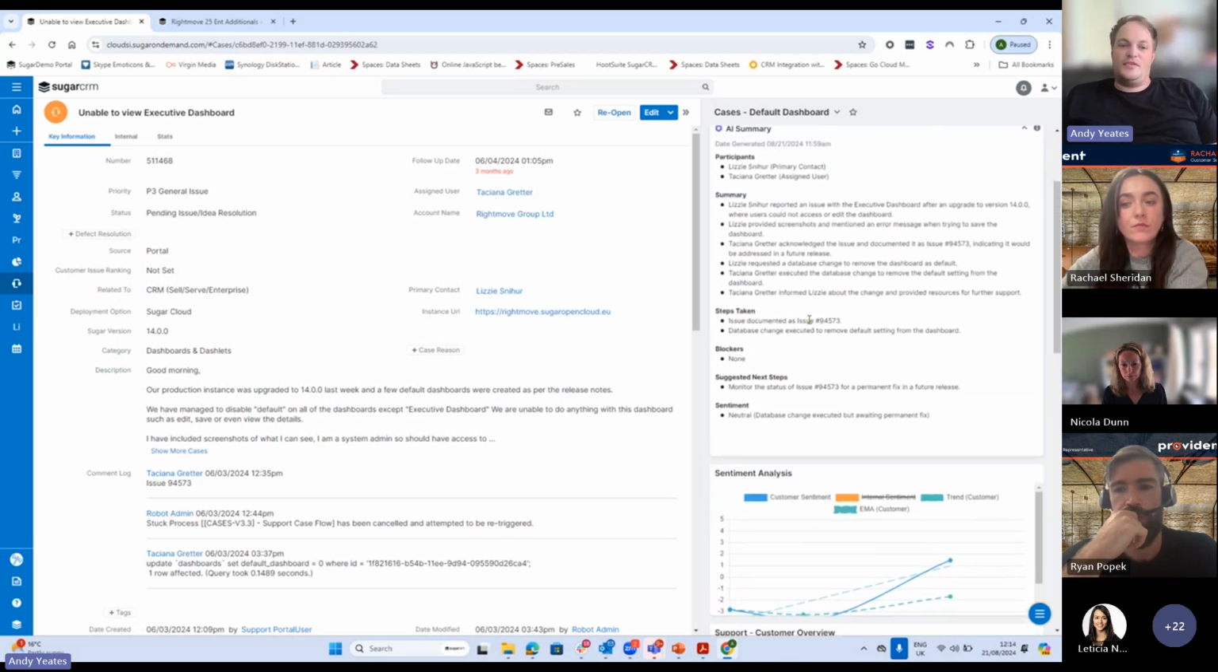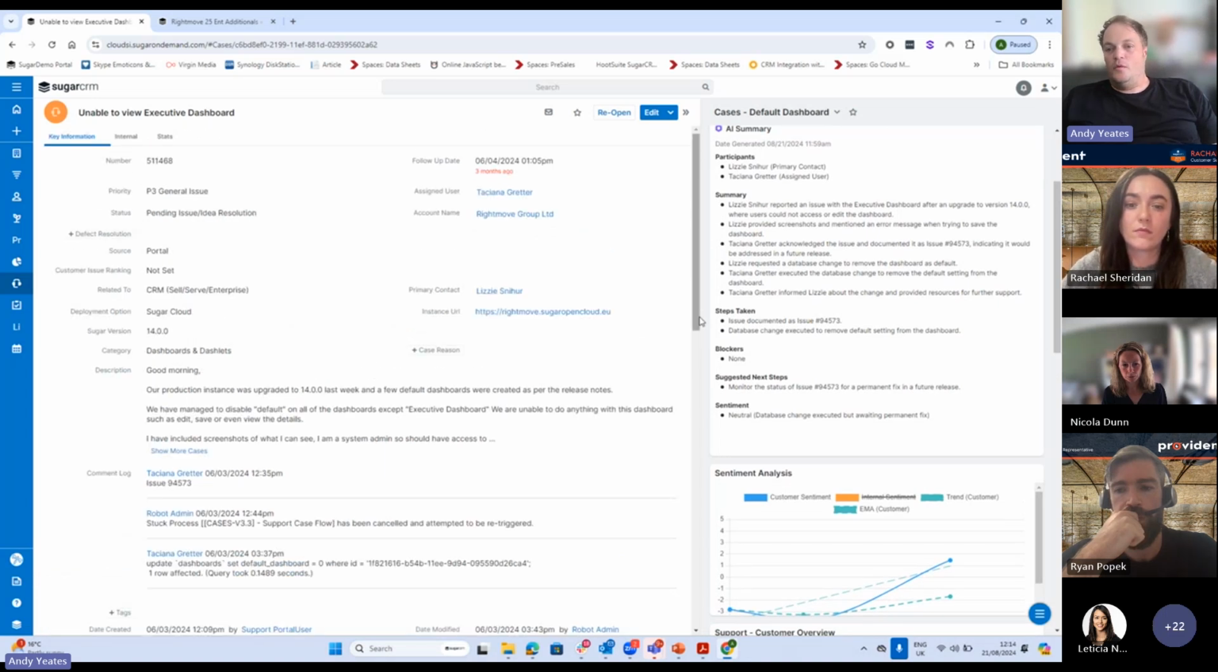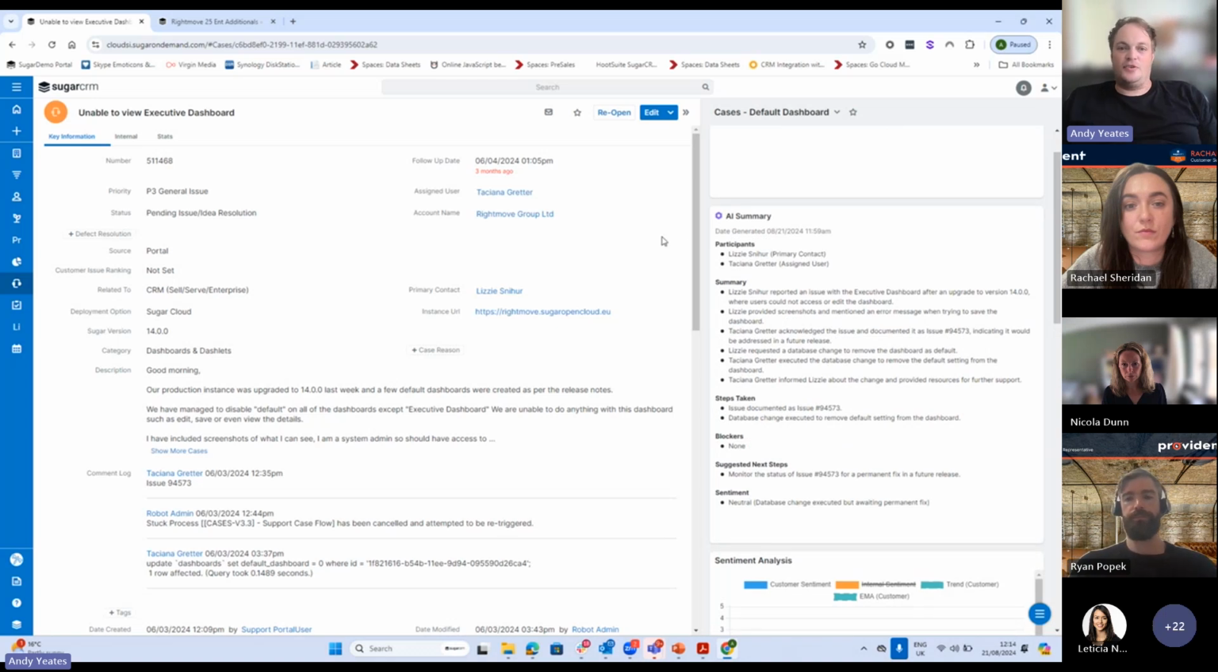So again, if you imagine you had to work through all this yourself just to work out all the different information, a lot of the feedback we've had about this feature is that it's really helping people save a lot of time, especially when they're working across different teams and not always able to shout across the office to each other. So this is part of our Sugar Intelligence